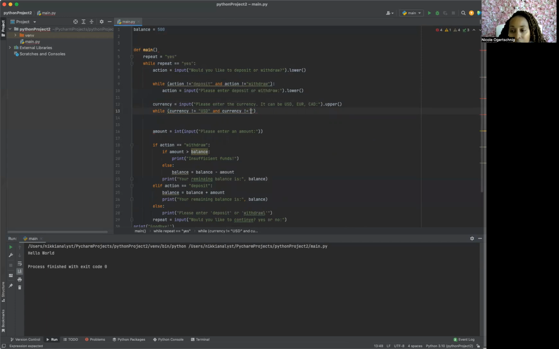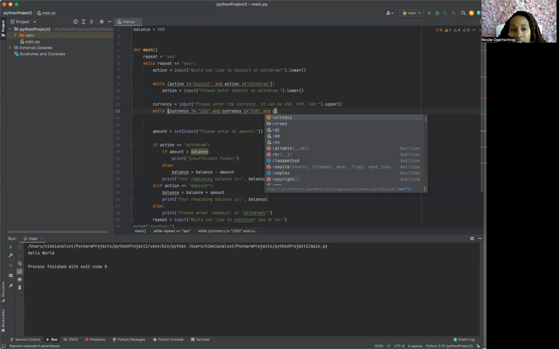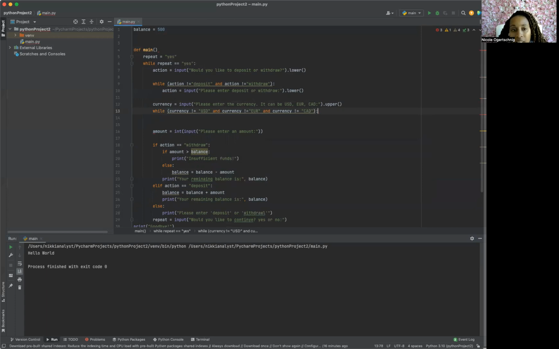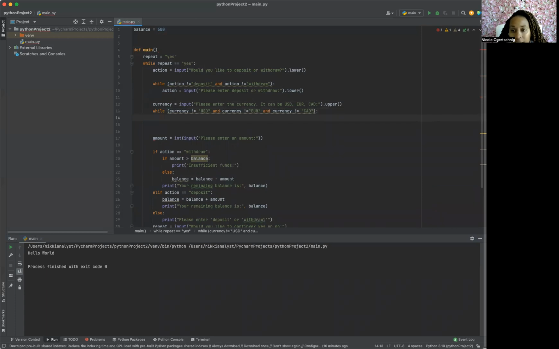And we're going to put our euros in, and currency, exclamation point, CAD. There we go. And then I'm going to put at the end, right? And if they do not put the right kind of currency, we're going to get, oh nope, the wrong button. We're going to input